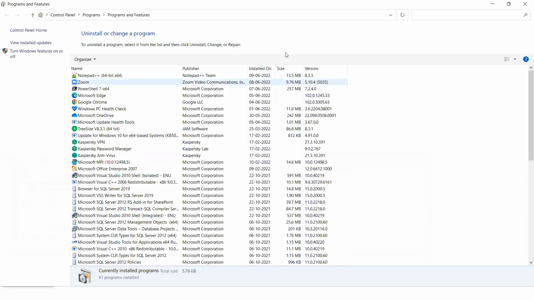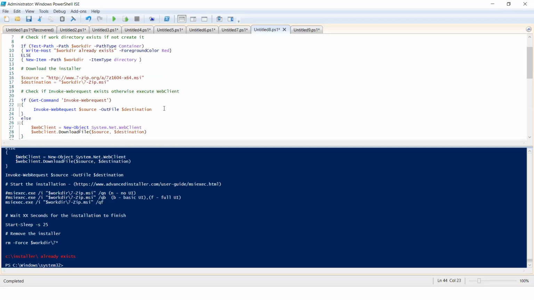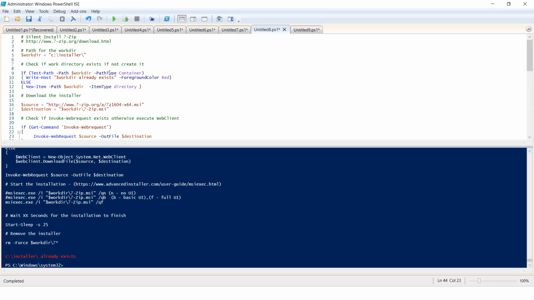Do we use this script to install on multiple servers in multiple machines? Of course, 100%, we can use this script remotely. Later in class I am going to show you, because once you run it in a loop for multiple computers, you have to pass all the server names. In PowerShell, you have to tell which servers you have to install this software on. We can pass all the server names either from a notepad file, or from a parameter,